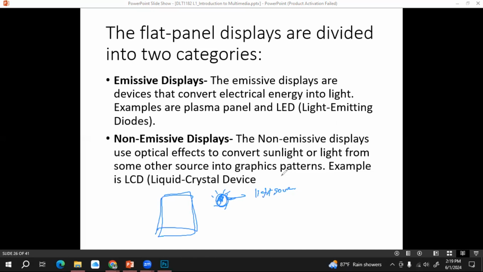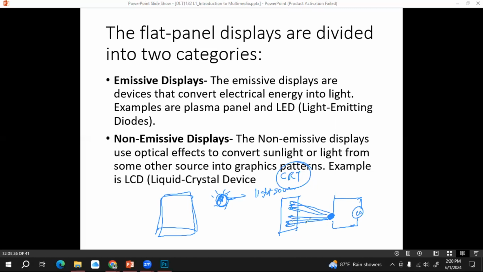CRT monitors are another good example of non-emissive displays. In CRT technology, we have some kind of a display. Then at the back, we have a cathode ray tube, right? We are supplying energy to the cathode ray tube. Then we can shoot these cathode rays to this display.